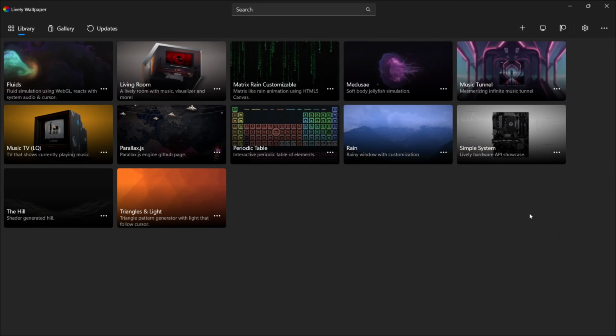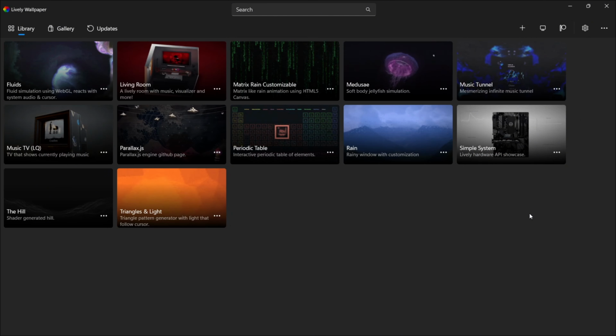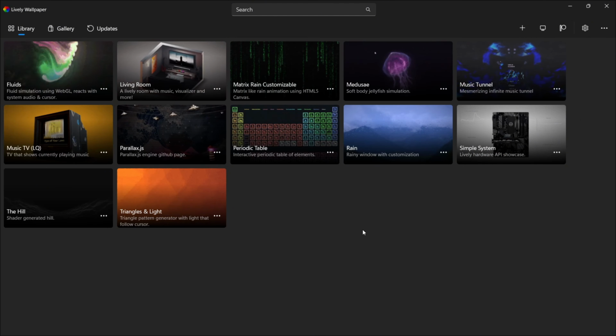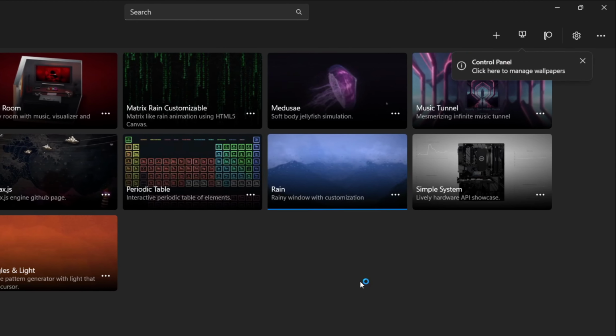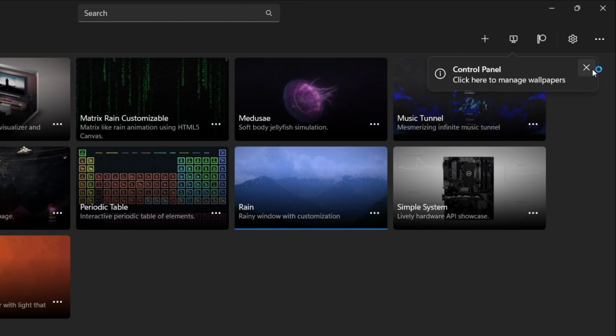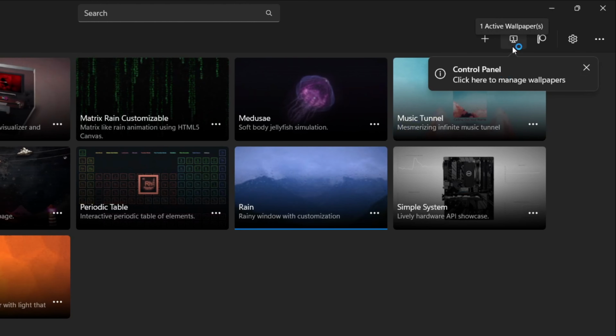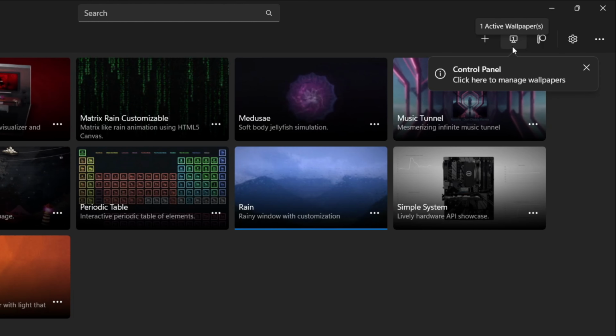So it comes pre-installed with a few live wallpapers we can choose from. So let's say I want the rainy aesthetic. Let's go ahead and click that, and we can manage it using this button at the top right, the control